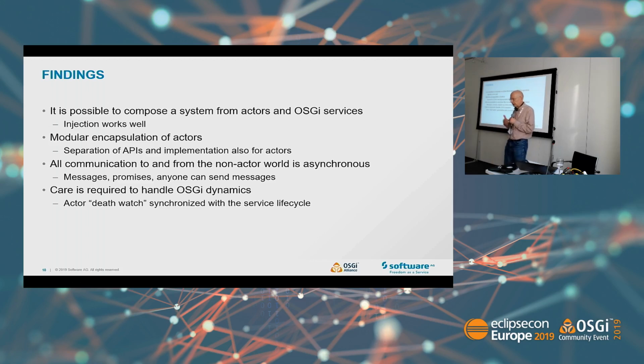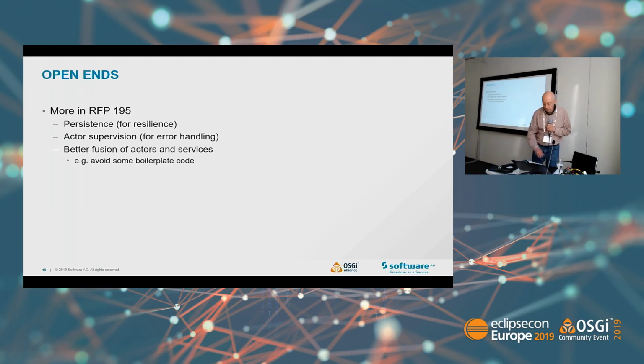There's something like a death watch, so you can watch actors and their life cycle. It's attaching the actor life cycle implemented in Akka with the life cycle that we know from OSGi services, where when a service dies, you want to make sure that the actors flying around also get killed. Sorry for that terminology. So that's something special. There's more to that, but